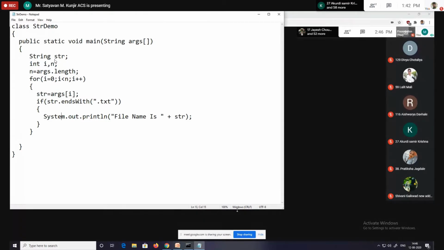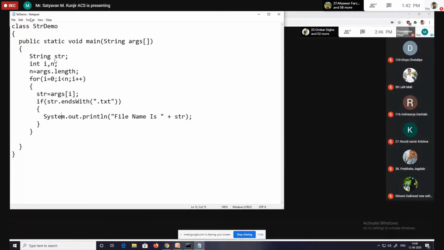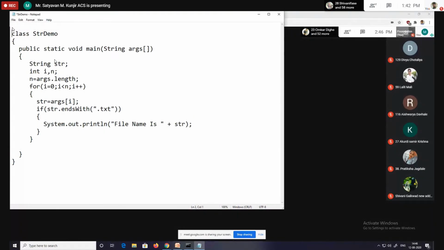Have you written this? Yes, sir. What do we have to do? We have to accept a string from a user, and for that, first you have to import the package, import java.util, that is for the Scanner class.